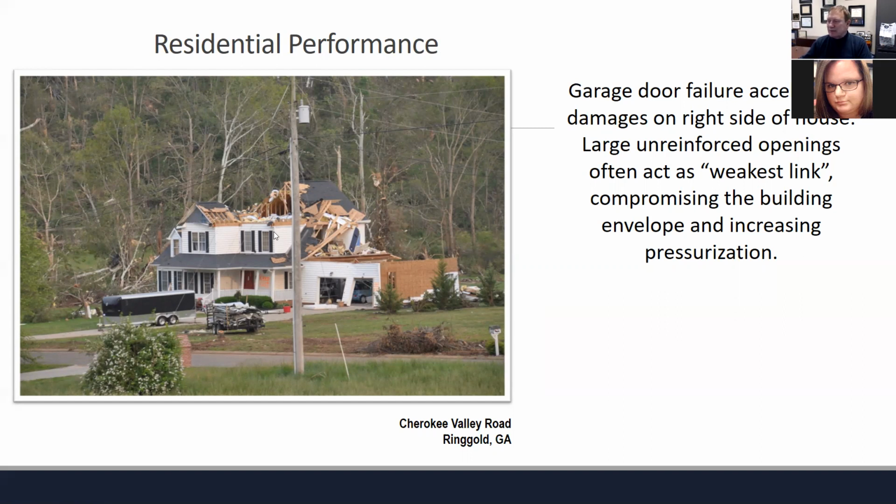Now, if I'm not mistaken, the people in this home took refuge in a closet under the stairwell. If you don't have a specially designed safe room, that's exactly where I would tell you to go. If you have a closet under the stairwell and the stairwell's in the middle of the house, that's the best place to be. The alternative to that is if you have a bathroom that's also in the center of the house. We like to talk about being in a bathtub and pulling something over top of you, such as a mattress.